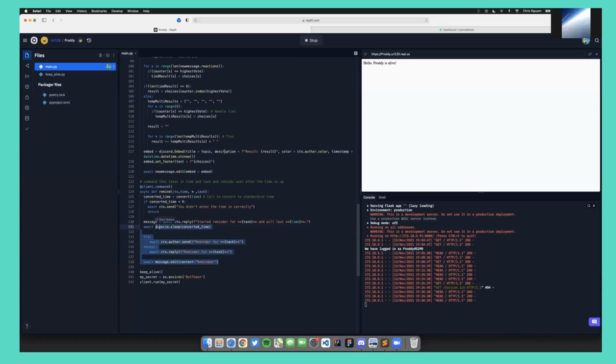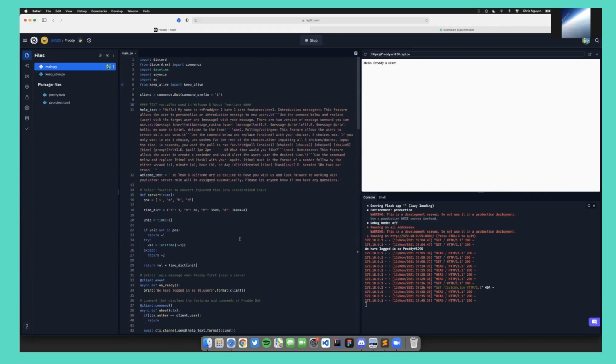And this part is where it displays the message and counts down the time and reminds the user once the time is up. Once the time is up, the bot will send the user a message, reminding them of whatever task the user input. And with all that, we have successfully implemented all the features we promised we were going to do,